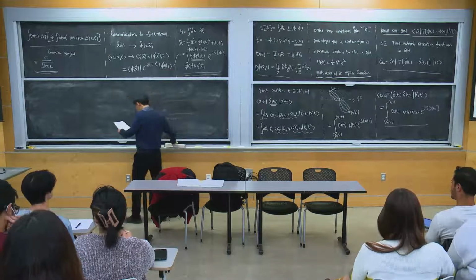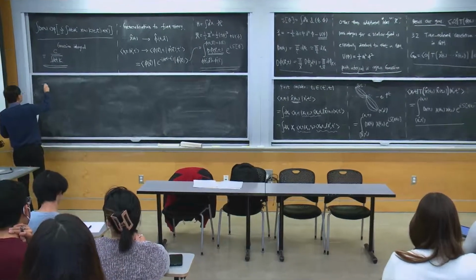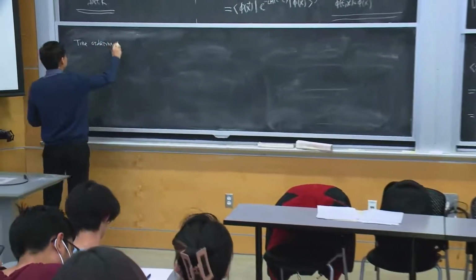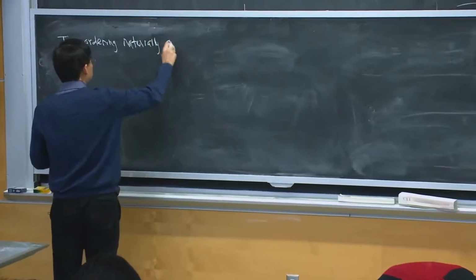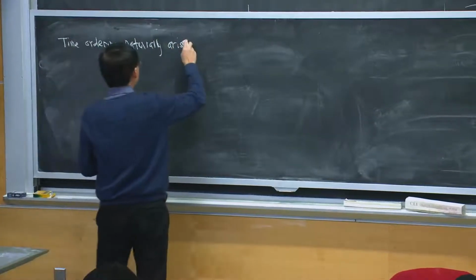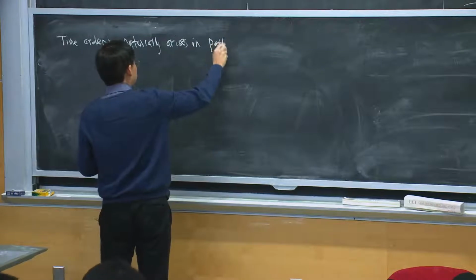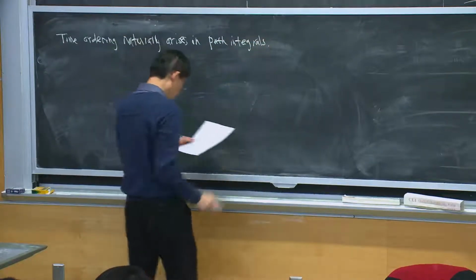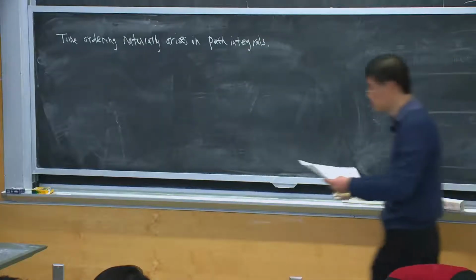The time only goes forward. Then the time ordering naturally arises in path integrals. Okay. So you can immediately generalize this. So for any t,